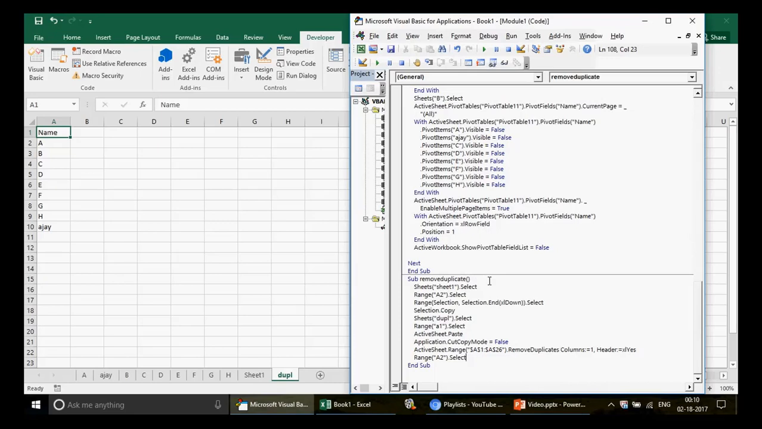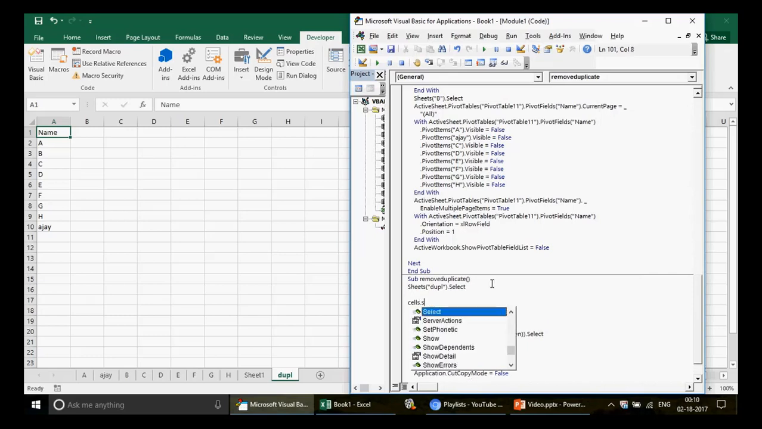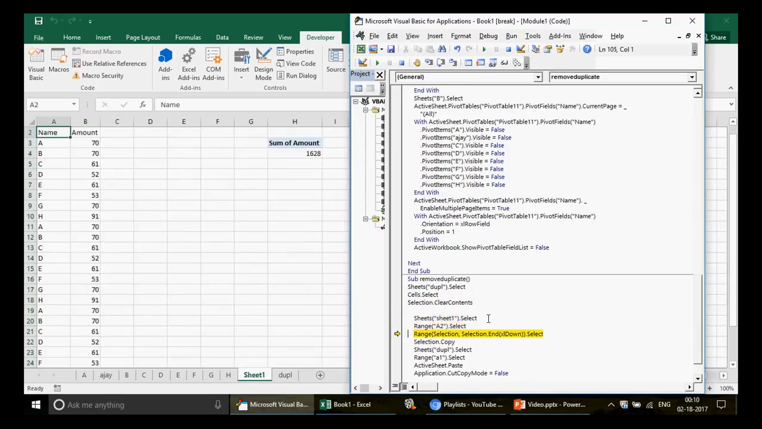Perfect. One thing we want to do is, before we run this macro, you need to ensure that your data should be completely deleted, because we would like to create it from scratch, right? So I'm going to ensure that Cells.Select, and I'm going to clear everything. Selection.ClearContents. This is your macro. If I run this, I'll show you this. First of all, it will read the entire stuff. Now it comes back to the sheet 1, goes in the A2, selects the data, copies the data, comes back